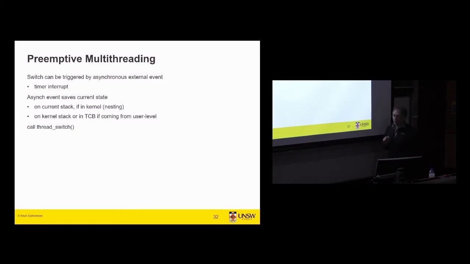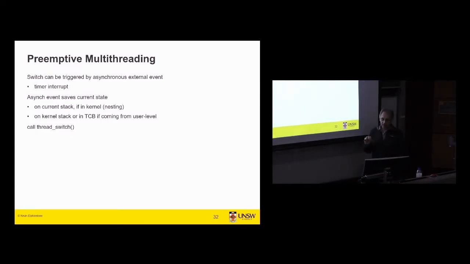So let's go to the next level and introduce preemptive multithreading. Now, preemptive multithreading is the same as multithreading, except that we no longer explicitly trigger the thread switch. Okay? The thread switch is triggered asynchronously by arranging for a timer interrupt to invoke the scheduler, and the scheduler then triggers the decision as to whether to switch and who to switch to. Okay? So now,